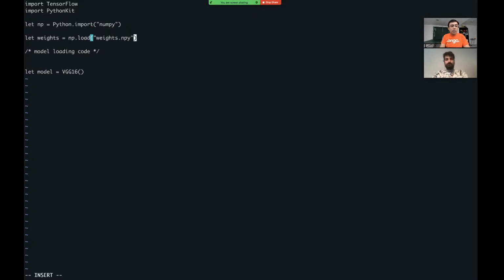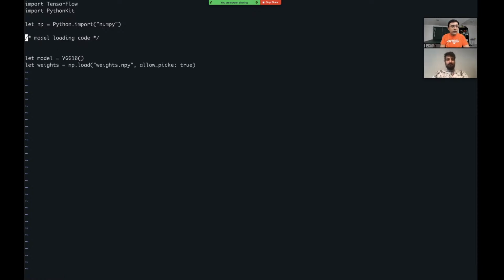And as far as I know, NumPy is going to store this in pickle format, so we're going to need to allow pickling. So we can just get the weights that way, and then do for weight in model.recursivelyAllWritableKeyPaths to TensorFlow itself, so get all the weights. We would do model key path weight, and then we could just basically get the